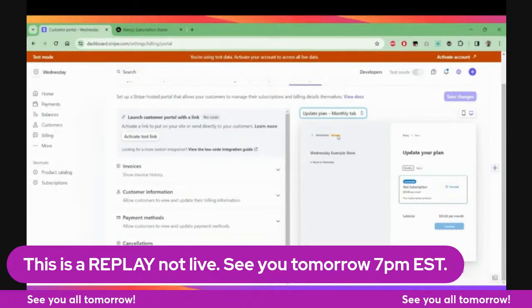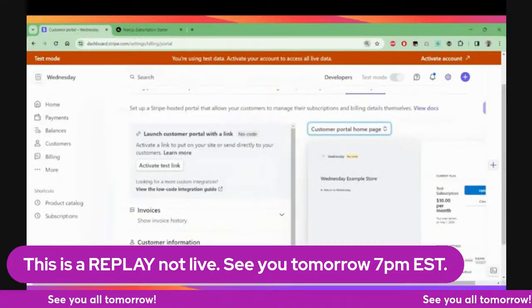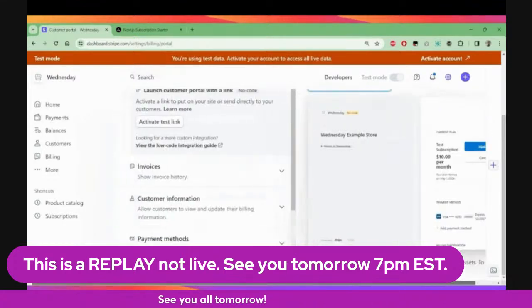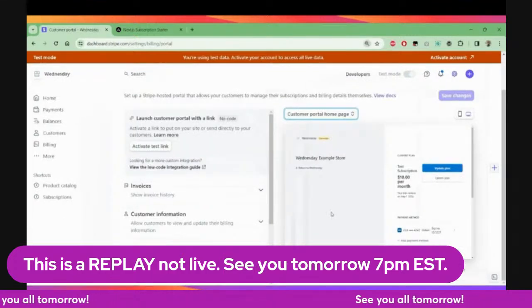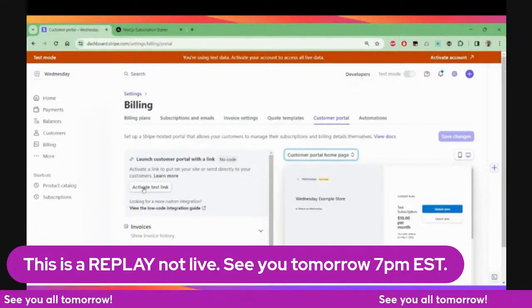So we have our settings here on the left. We have different previews we can choose here on the right. So you can see what the page to update the plan looks like. You can see what the portal homepage looks like. As you guys can see here on the right, it looks very similar to what we have already seen earlier. So in here, in our customer portal, you want to click on this button